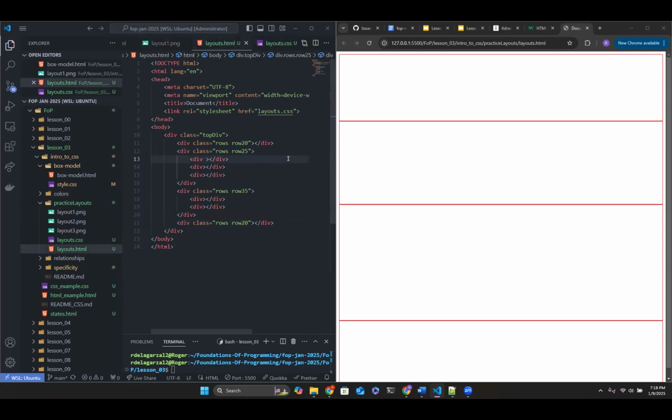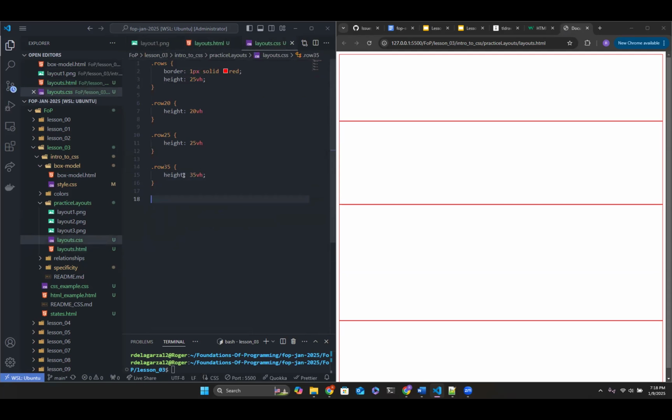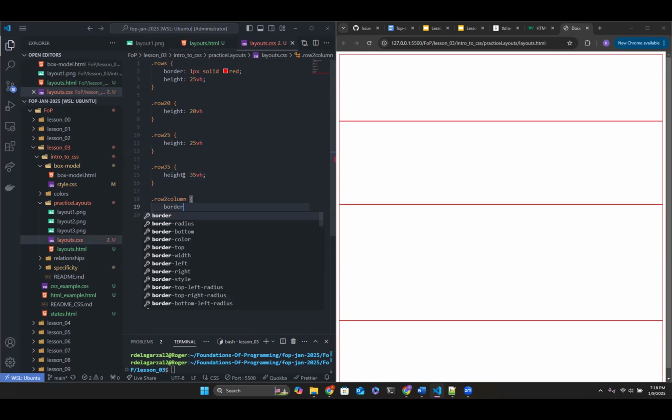This will be column, we'll say row 2 column, and then we'll give the same class to all of these. And now we can do some formatting. Let's call these columns here. So we'll say row 2 column. And let's add a border so we can see it. It'll be 1 pixel, solid blue.